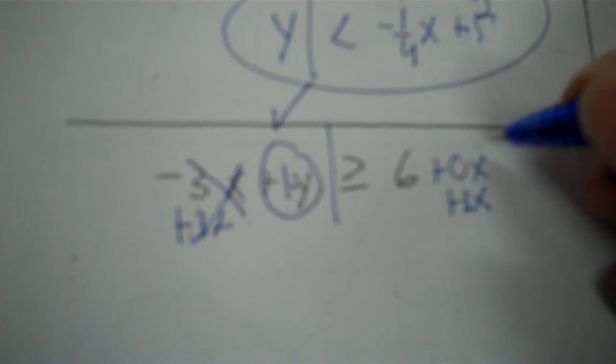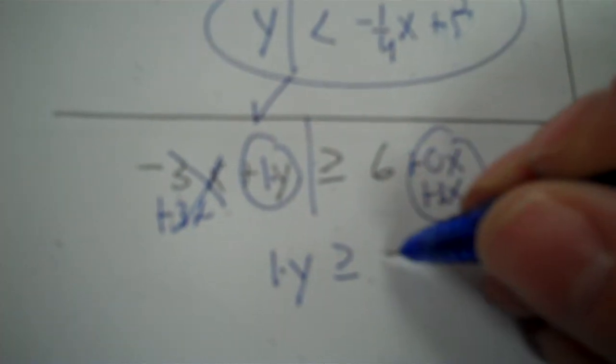Plus 0x, then plus 3x. So we have 1 times y, that's 3x plus 6. Okay, divide everything by 1. 3 divided by 1 is 3x plus 6. Okay. Now,